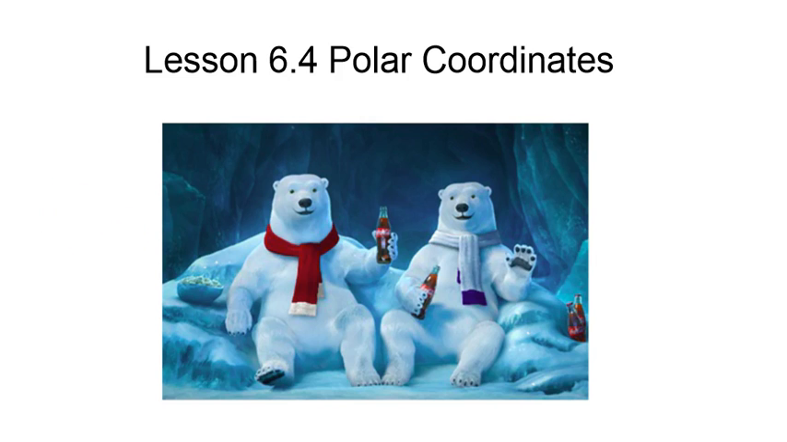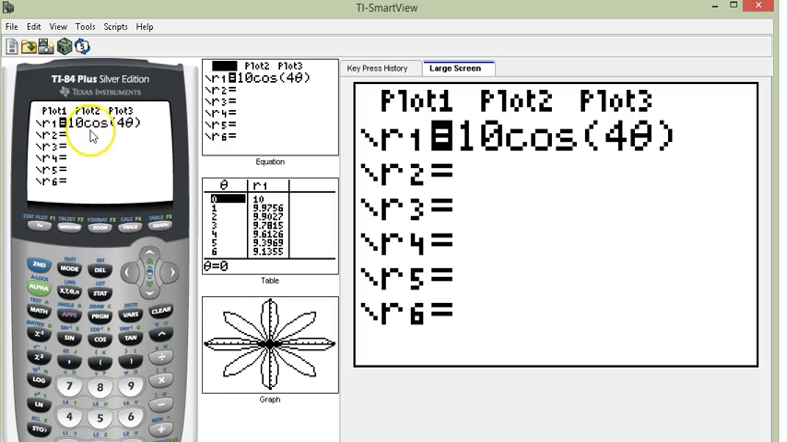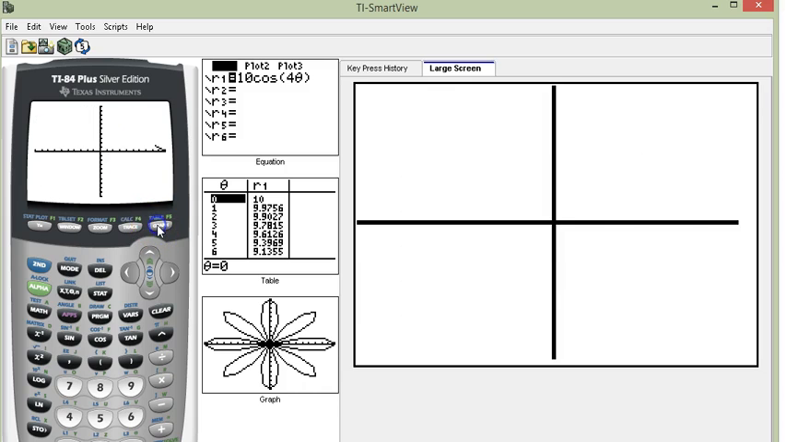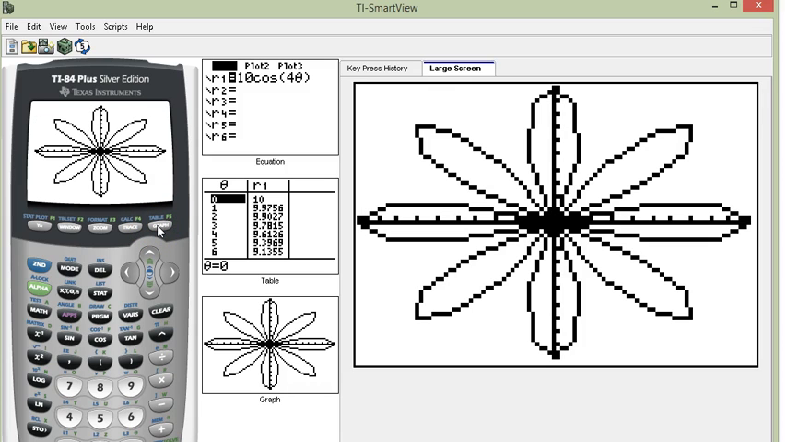Now we're going to learn a different coordinate system so that we can graph and plot points for more complicated functions. For example, if we had 10 cosine of 4 theta, if we want to graph this using the polar coordinate system, we get a very complicated looking function. It looks like a bunch of flower petals. Okay, so we're going to be learning the basics of this other coordinate system, converting between the rectangular coordinate system